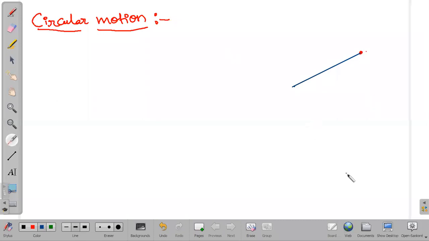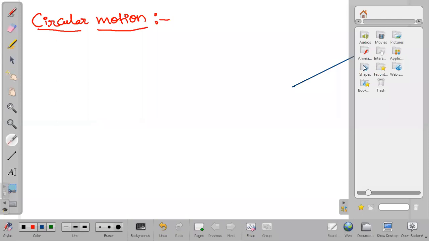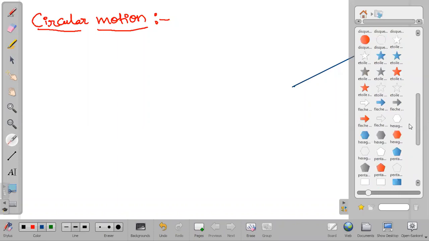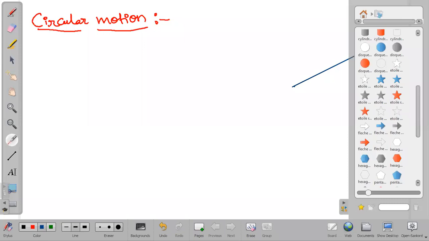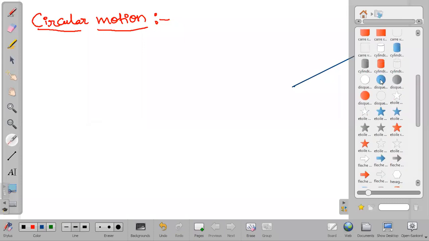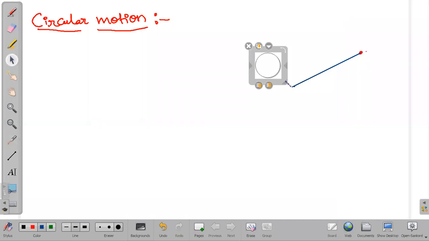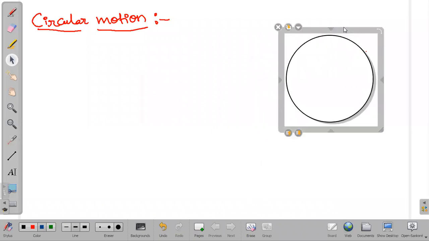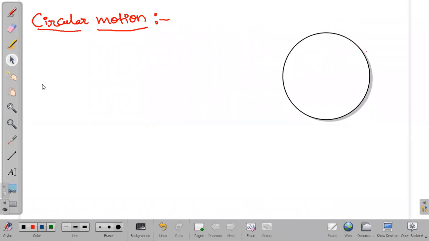Now, I'll try to draw a circle also, so that it will be easy to understand. Just hold on. Take a circle if it is available. Okay, I'll try to make it out. So this is the path followed by the stone, right? Now, what is happening from this particular point? We are locating it and we are holding this.